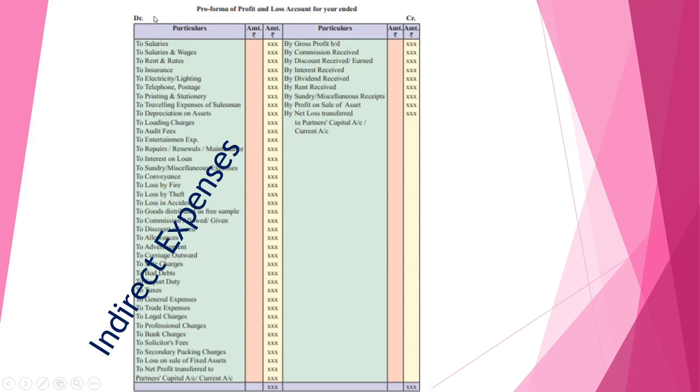You have to remember that whatever comes under the profit and loss account debit side, those ledgers are going to have indirect expenses as the group. And secondly, the ledger accounts which are on the credit side of the profit and loss account are to be considered under indirect income. Say for example, here you can see commission received or discount received, interest received. These are all income but not directly related to production or raw material or sale or purchase. So these are income but in indirect format. We are going to give indirect income as a group to all these ledger accounts.